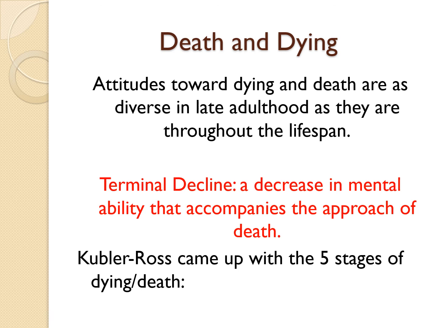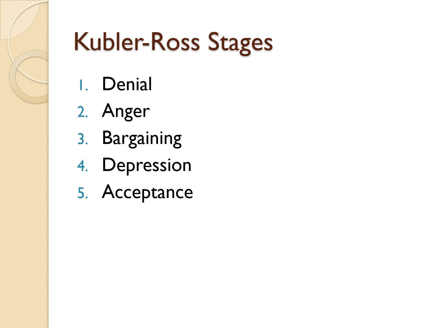Now, when we talk about death, we have to bring in Kubler-Ross. Kubler-Ross came up with 5 stages of death and dying. Here are Kubler-Ross's 5 stages of death and dying: denial, anger, bargaining, depression, acceptance. Now, I've been asked, do you have to go through them in order? Do you bounce around in them? What we generally look at is that it may go in order first, but then you'll bounce around. You'll go from denial to anger to acceptance, back to denial, back to being all ticked off, back to depression, and you'll bounce all over the place.